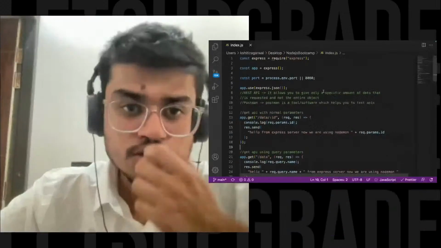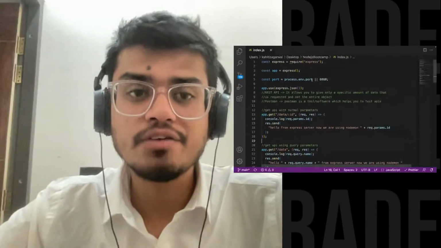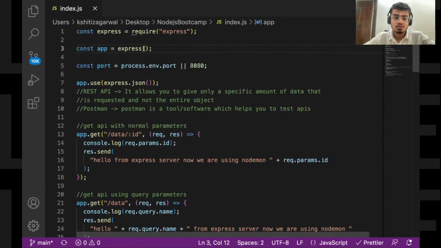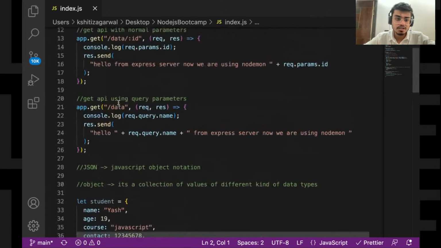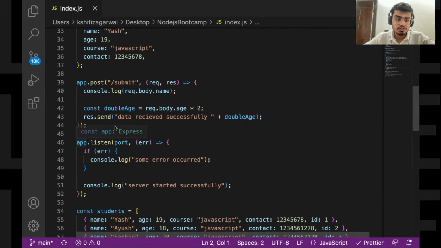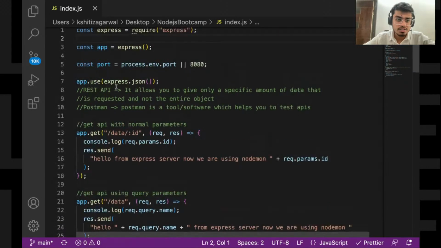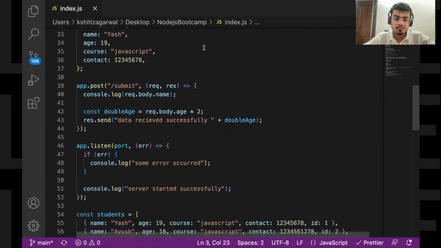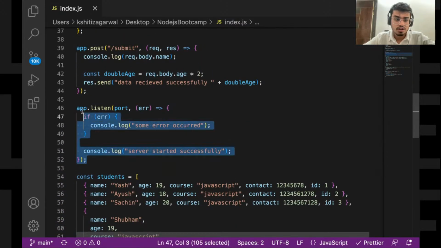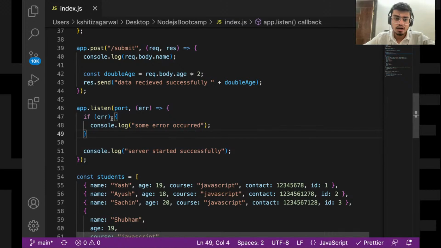Let me give you a quick recap. Yesterday we discussed all about Express. We saw how to install Express with a simple command, npm install express, and how to require Express. Then we created a server using Express: first we instantiate Express using const app = express, then we use app.listen to create our server, listening at a particular port.